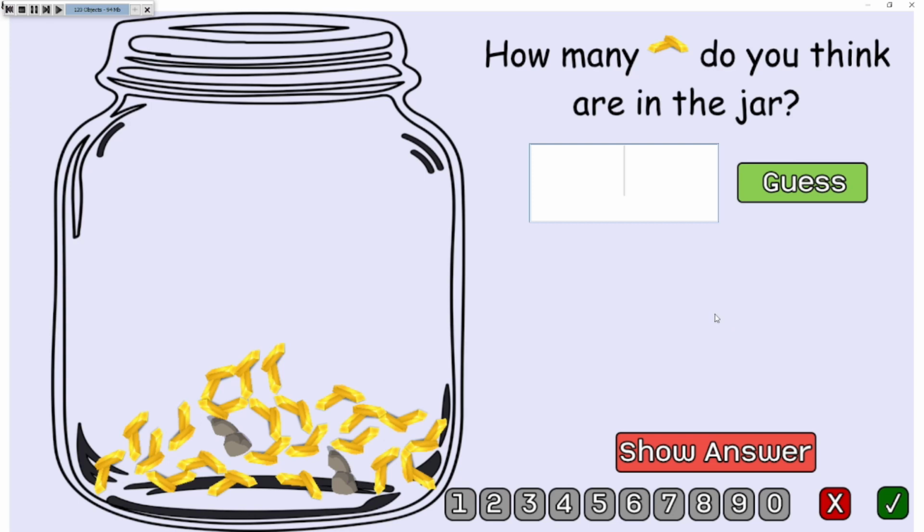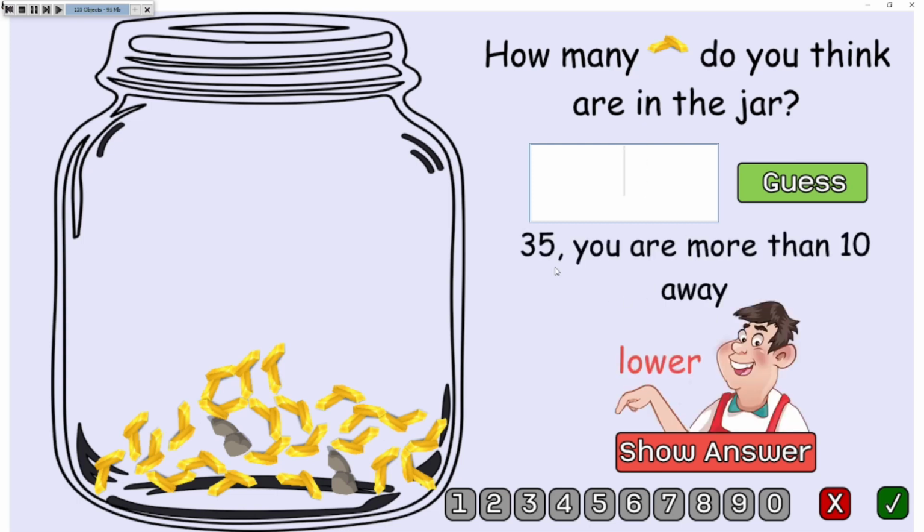Now there's two ways to answer. You can either type in using the keyboard, so I'm just going to guess here at 35, and I'm going to press enter. Now it will say here, I'm more than 10 away. I need to be lower. So I'm going to say